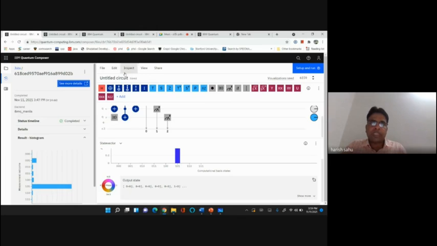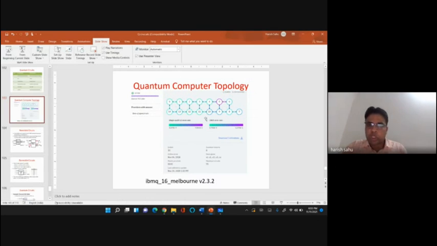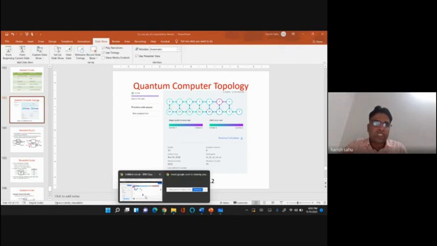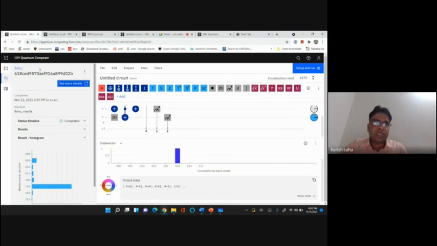Like if you see this device, IBM Q Melbourne, 15 qubits are there in that device, and you can use those 15 qubits in your quantum program also. There are other devices which are proprietary to IBM, so some researcher, expert or company fellow can use those devices with more qubits. But you can always simulate up to 32 qubits. See here.